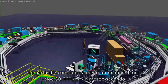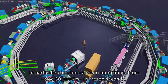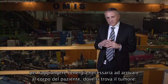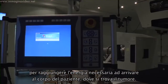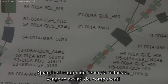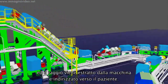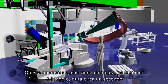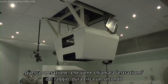And the particles travel at least 1 million turns, so 30,000 kilometers in half a second, to reach the energy that is needed to arrive in the body of the patient where the tumor is located. When the energy is correct, some components are turned on and the beam is extracted from the machine and directed toward the patient. This operation, called extraction of the beam, lasts for about 1 second, and during